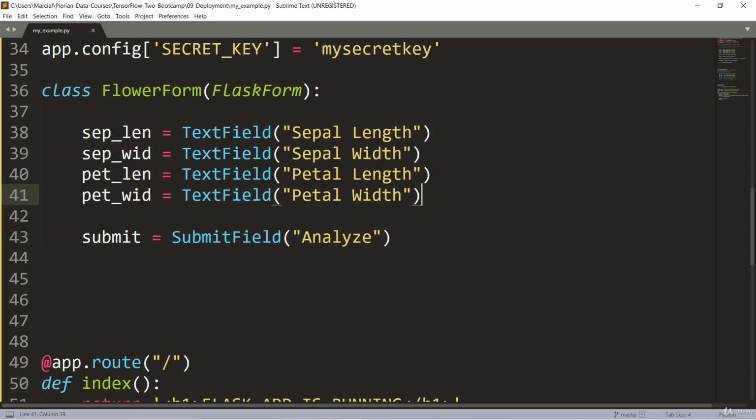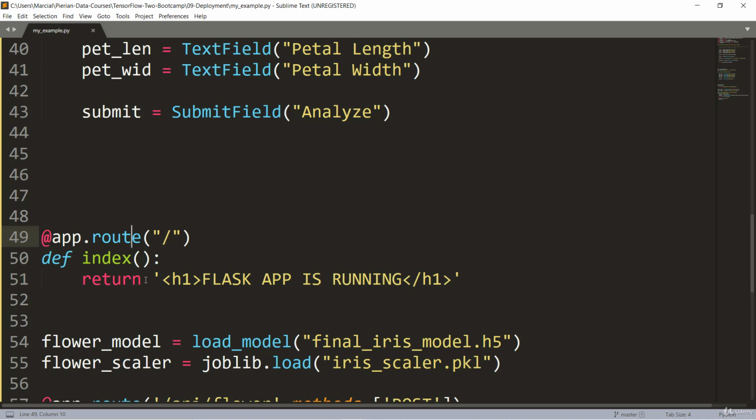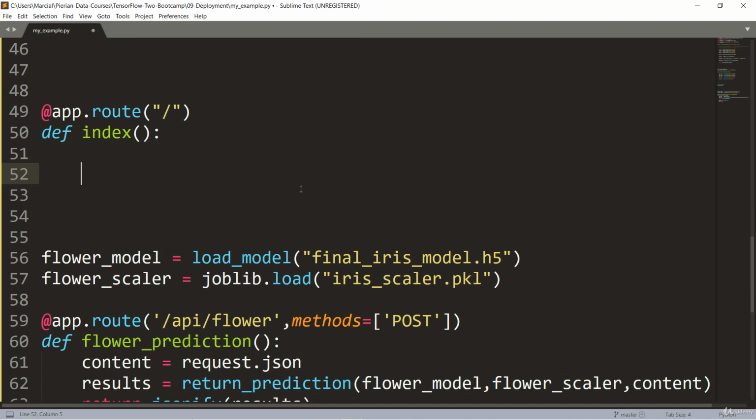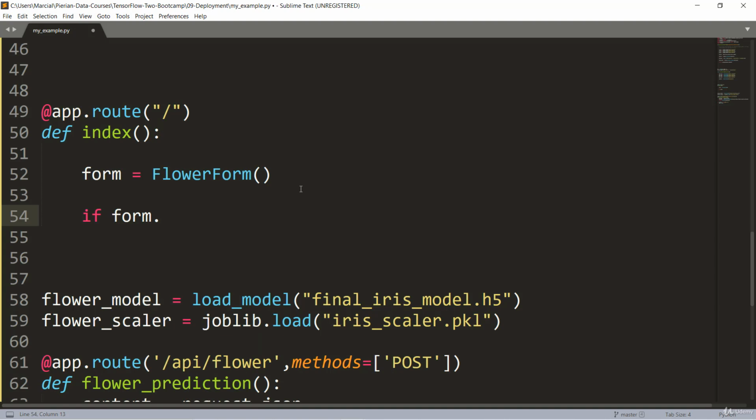Okay, next is our actual home page. Right now our home page is just returning back the raw HTML code of Flask app is running. What we want to do is change this to actually be the form. So what I'll do here is I'll delete this return line and start building out my index. So the first thing I need to do inside this index is say form is equal to an instance of FlowerForm. So this creates an instance of the form, and then if the form, and we'll say dot validate_on_submit, it basically makes sure that you're actually submitting text in those forms,